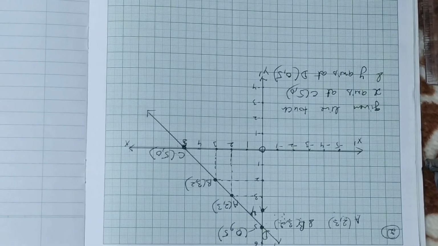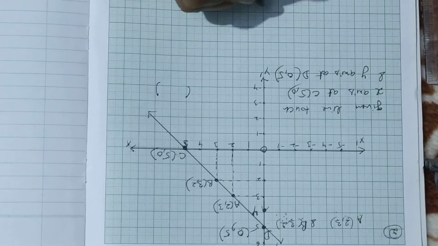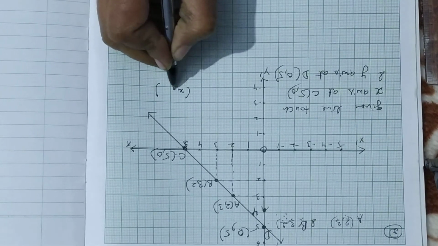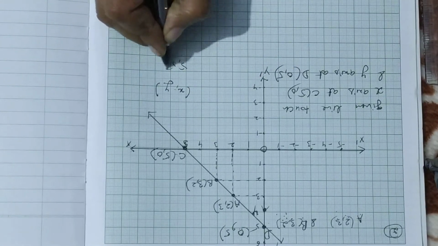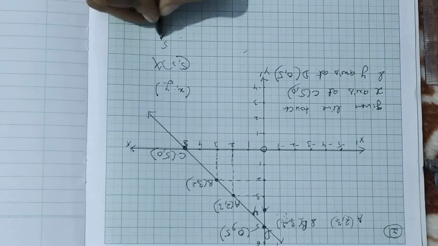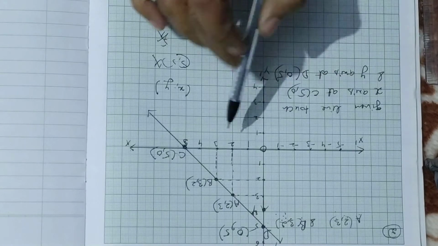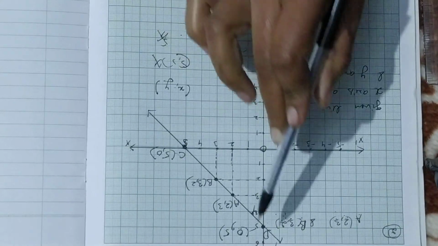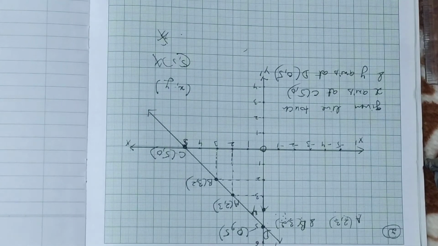No. You have to write coordinates, and coordinates we always write in pair form. We use small brackets. First we write the x coordinate and then we write the y coordinate. If you are writing it touches at 5, 5, this is wrong. If you are writing it touches the x-axis and y-axis at 5, this is also wrong. Clear? So it touches the x-axis at 5, 0 and the y-axis at 0, 5. Okay, hope it is clear.